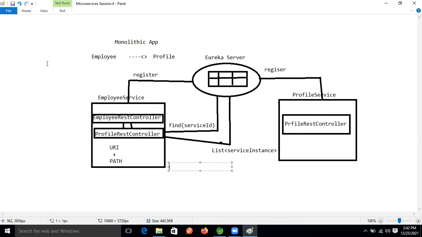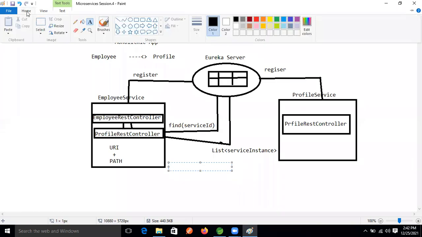Then we need one REST client. We can use WebClient also, but here we learned REST template last time.